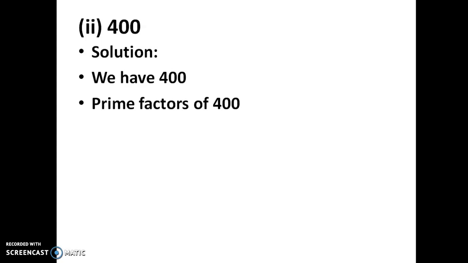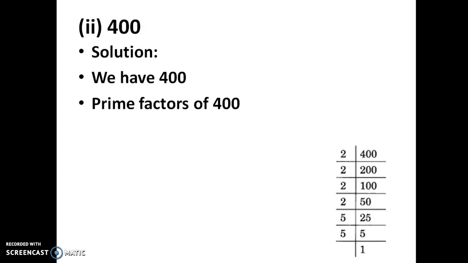Next is 400. So this also for prime factorization, you can see that this number is divisible by 2 and by 5, so these are the factors. 2 and 5 are the factors for this number. So you will do the factorization like this. How you do the LCM? Same way you are doing with the prime numbers here.